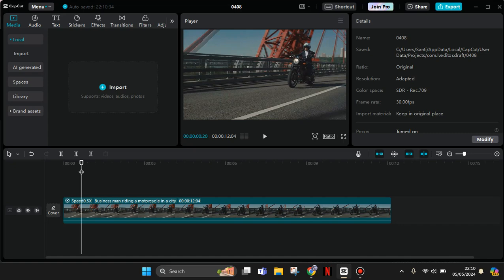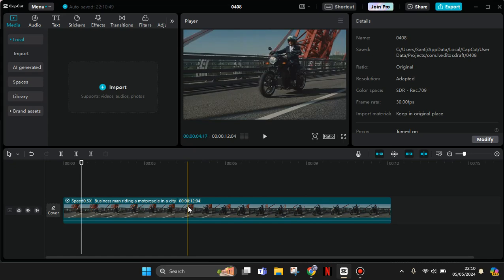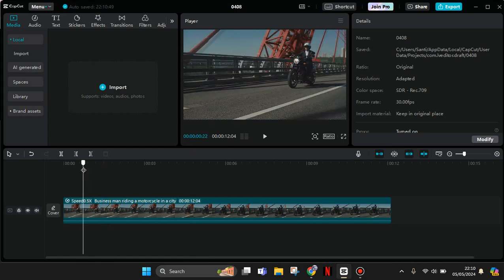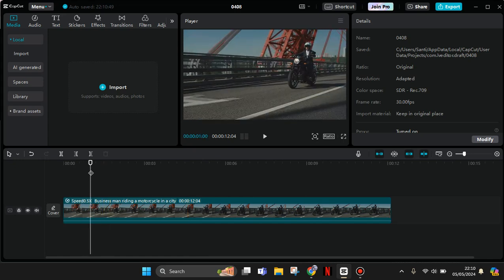On today's tutorial, I'm going to show you how you can export still images in CapCut PC. As you can see here, I have a video with a 12 second duration, and let's say I want to screenshot or capture only a certain frame in this project. So here I need to export the still frame or still images, and this is how you do it on